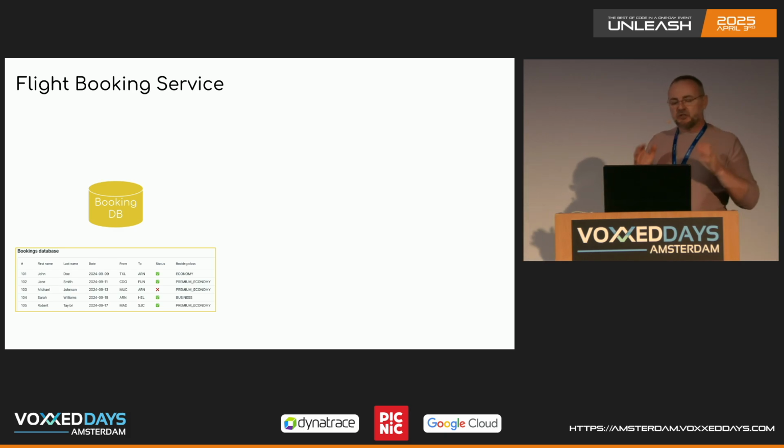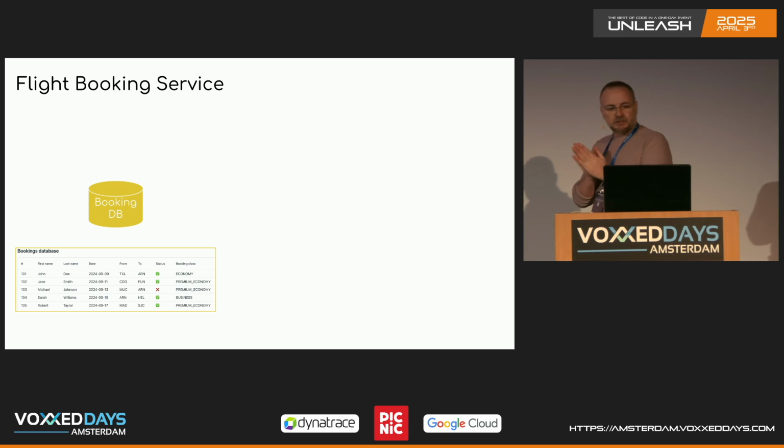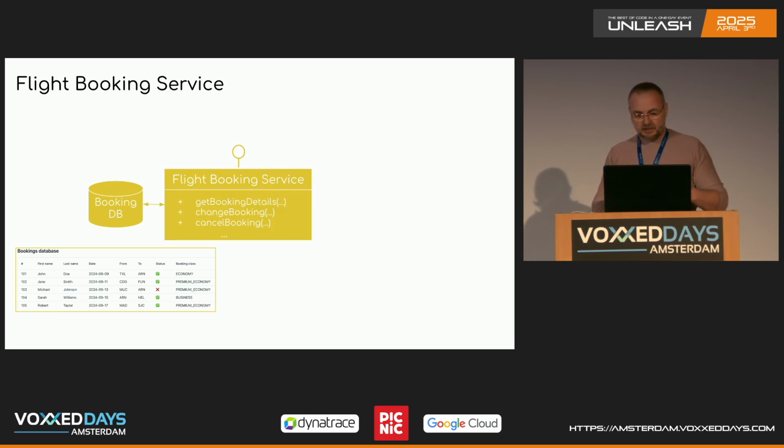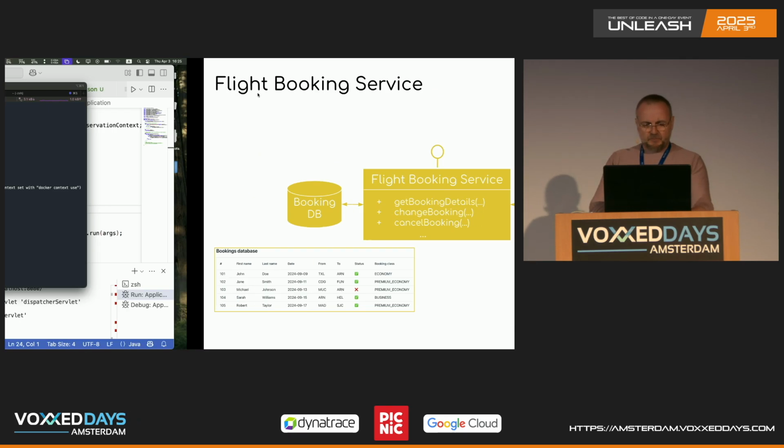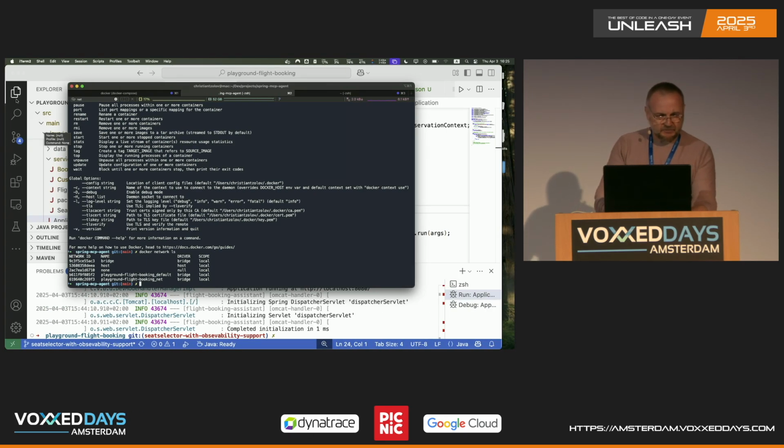a particular use case. Imagine that you have already existing service, which is flight booking service. And that has existing database. Most likely the database has some services assigned to it that allows you to get new booking details and stuff like this. You have some additional context information, which is very specific for this domain, which is kind of non-functional to these bits, and the application looks something like this